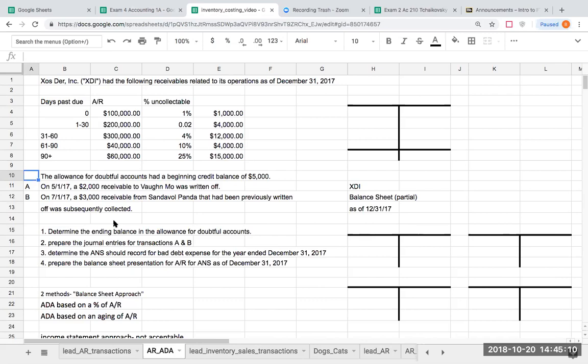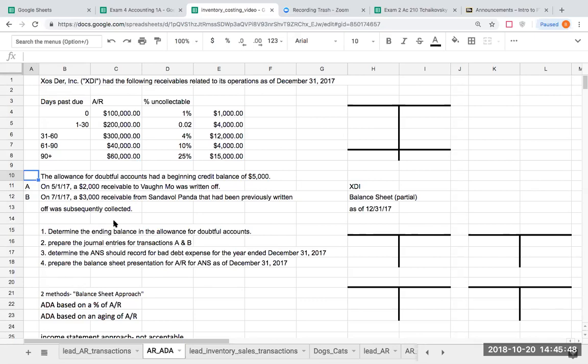Okay, so what we're going to do right now is take a look at receivables. From our previous chapters, we've gone through and recorded receivables. This could be from the sales of goods. This could also be from the sale of services. However, do receivables go bad? Unfortunately, they do. We cannot do everything to prevent an account receivable from going bad. There are lots of things we should do prior to accepting a client, and I will save those for another video, because for this video, what we're really going to focus on is